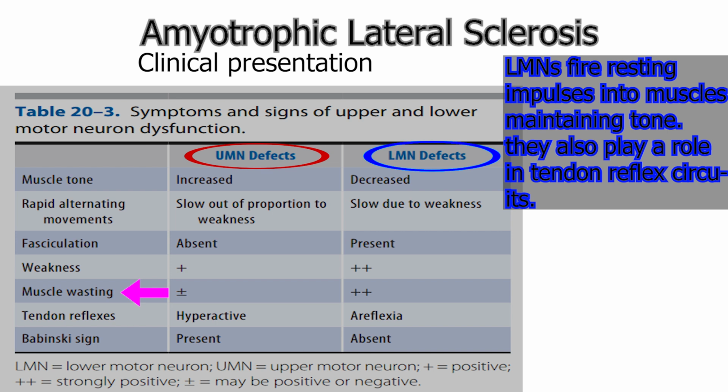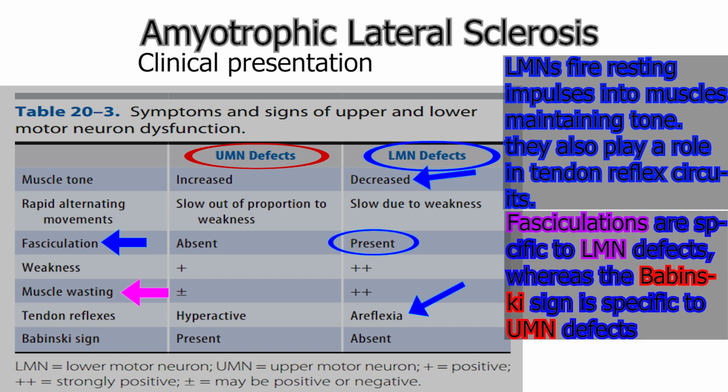Thus, the impairment of lower motor neurons will present as weak reflexes as well as lowered muscle tone. Also, remember that fasciculations are specific to lower motor neuron injury, whereas the Babinski sign is specific to the upper motor neuron injury. Now, aside from generalized muscle weakness and muscle wasting, there are also some other more local presentations